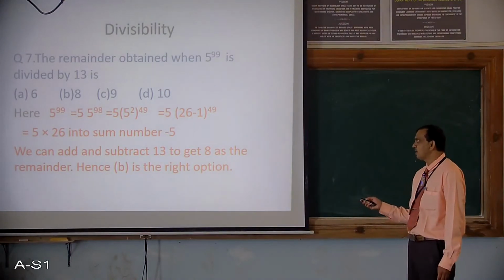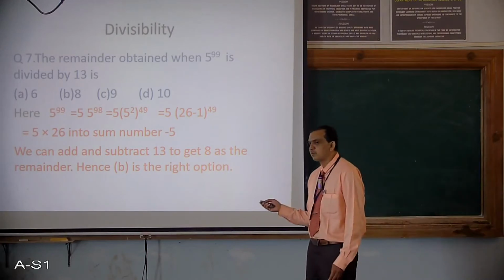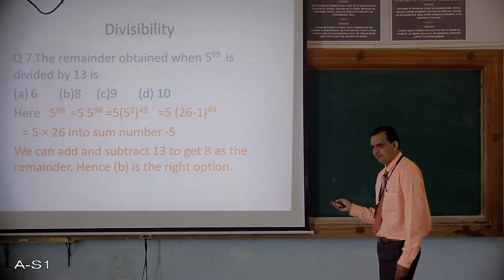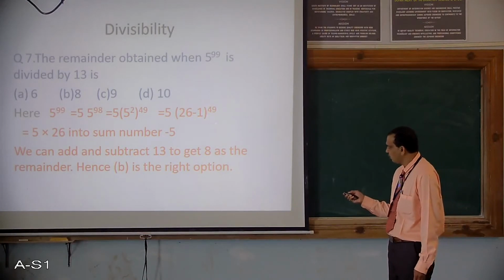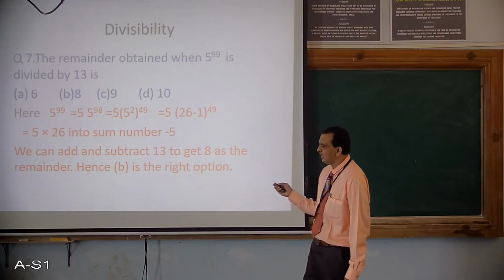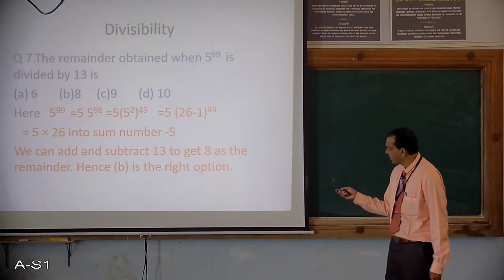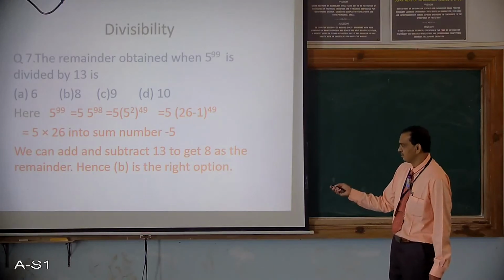As soon as you get a binomial expansion with the second term plus 1 or minus 1, you know the last term is either minus 1 or plus 1. That's why it makes it so easy, and it works for any power. If it is any power, the 26 will keep on coming in all the terms. You remember very well the binomial expansion of x plus a raised to n. Accordingly, every term will keep coming with a power of 26. So all the terms are divisible by 13 because 26 is there.